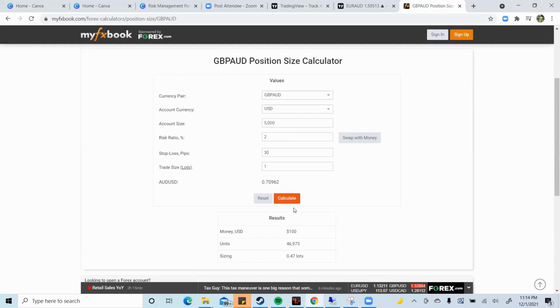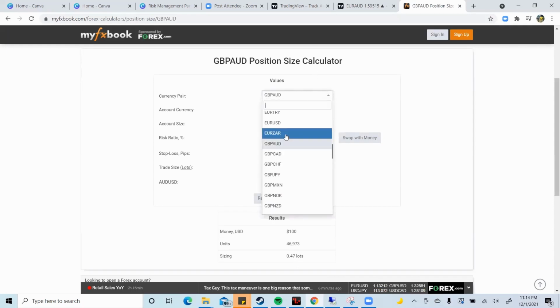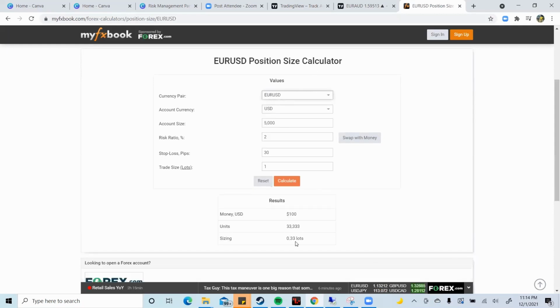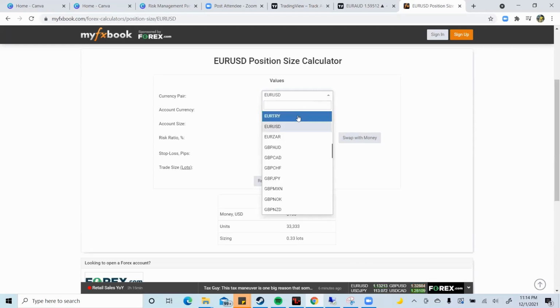And what happened is because it's a different currency, a different exchange rate that's backing this pair, the payout is different. So to be accurate in your position sizing, it's important that you use this. You see how this is 0.47 versus 0.33. So if I go back to Euro USD, 0.33. I go to GBP AUD,